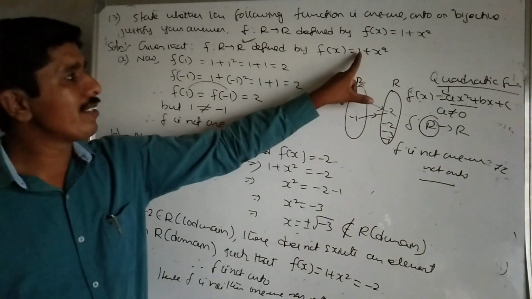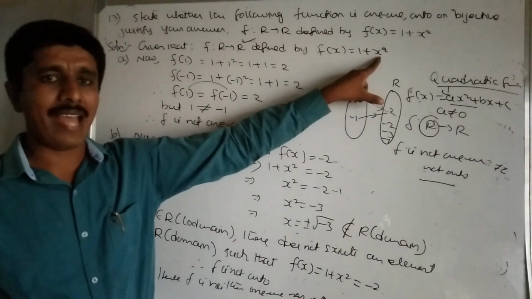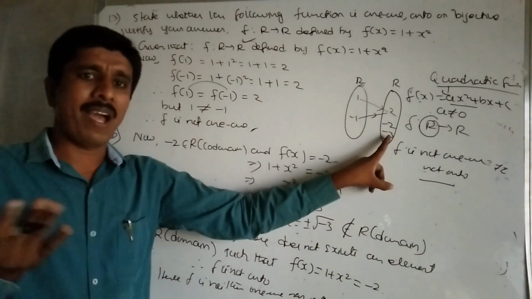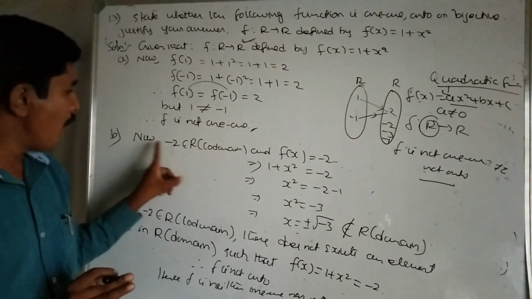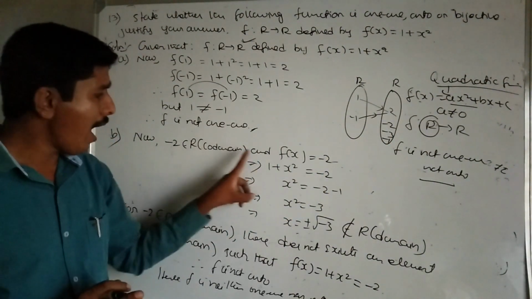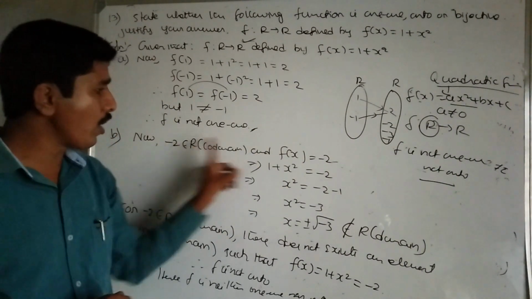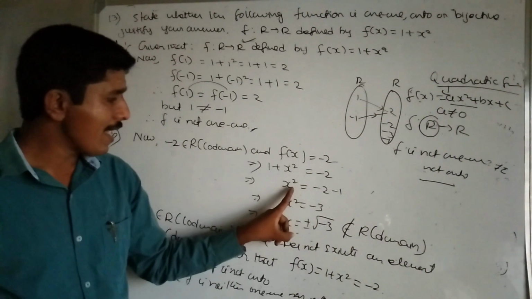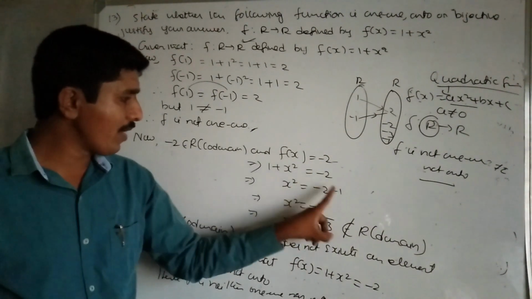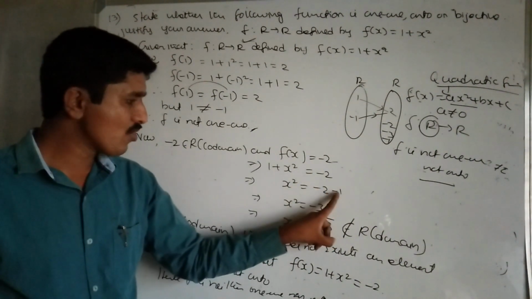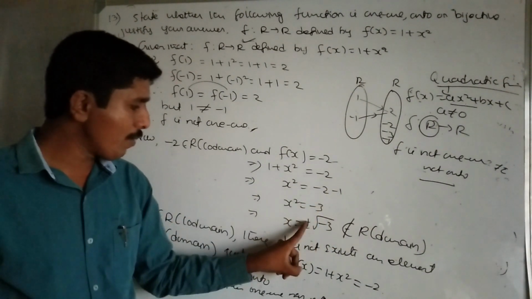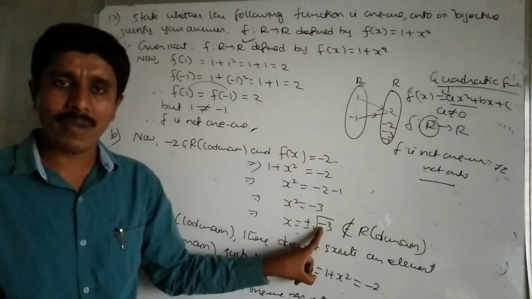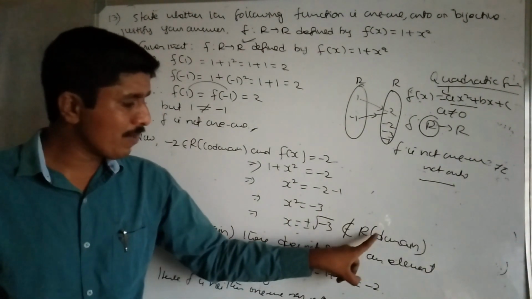Mind it. Your range, 1 plus x square, is non-negative. Therefore, take a negative real number in the codomain, either minus 1, minus 2 or minus 3. Now minus 2 belongs to our codomain, and f of x equal to this codomain element minus 2. f of x, 1 plus x square equal to minus 2. x square equal to minus 2; shifting to the right side this becomes minus 1. Minus 2 minus 1 is minus 3. Then x equals plus or minus square root of minus 3. The square root of minus 3 is not a real number, so it doesn't belong to the domain.